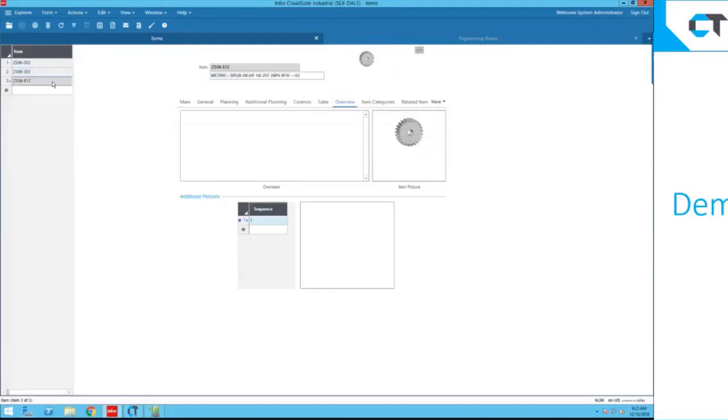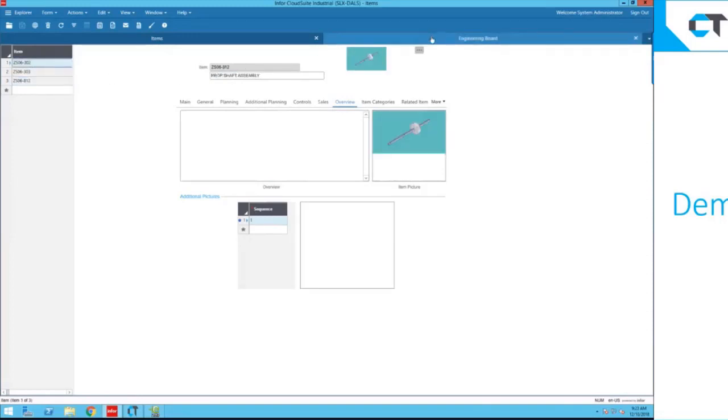You'll also notice that the part number and the descriptions obviously come over, as well as a picture of the part that is actually extracted directly from the solid model and brought over into CSI as part of the import. Now, if you don't want that, we can configure that not to come in, but this is a nice little add-on feature that you can see what the parts look like inside of CSI, coming from the CAD models themselves.